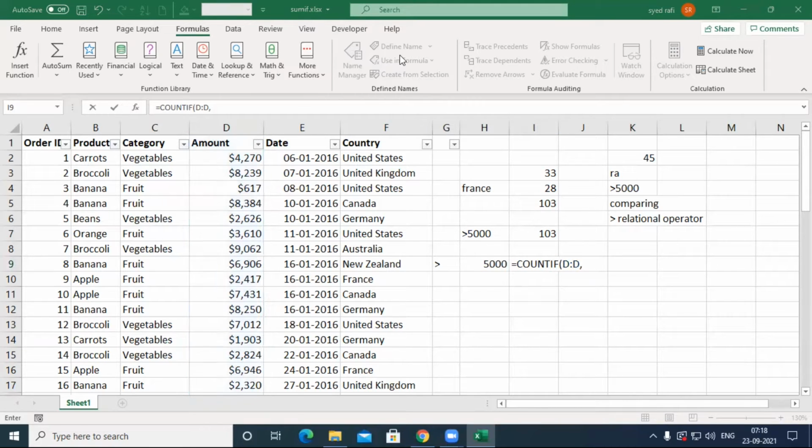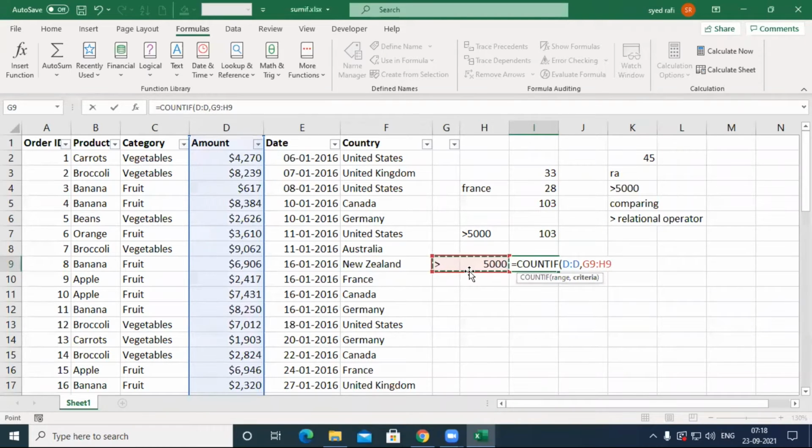Place greater than in double quotes. After that, we can place 5,000 directly, I think. If you put double quotes, I given here one cell. Directly I specified the cell here. I want to select these cells, not manually enter. Select the range directly, like cell references, like this. Okay, very good. If anyone else can give the answer, let's check.